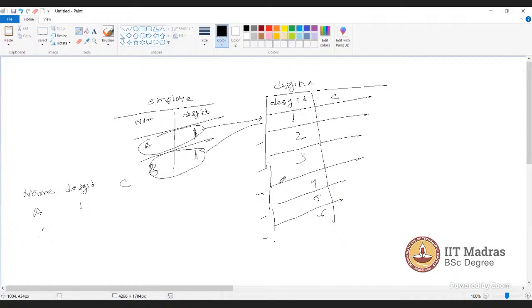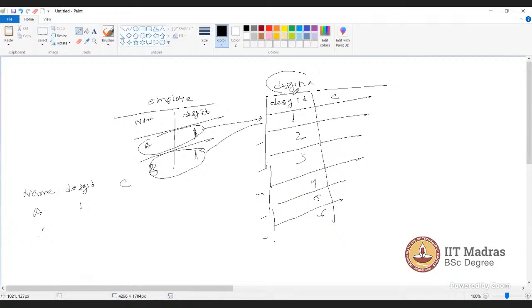Sir, foreign key will take the values which are present in the parent table. But here 2, 3, 4, 5 is not present in the parent table, right?